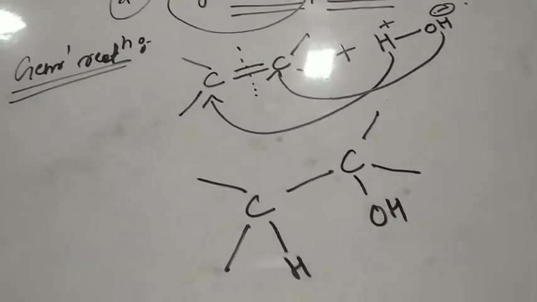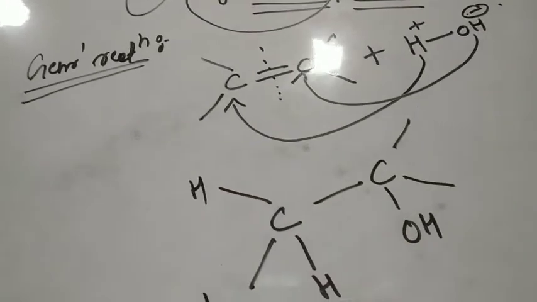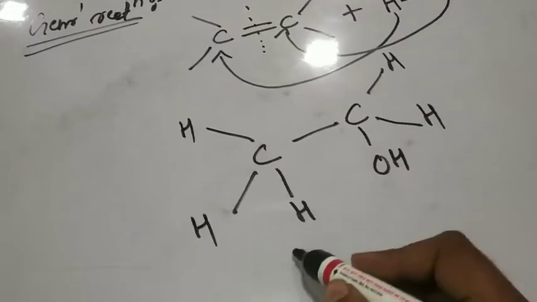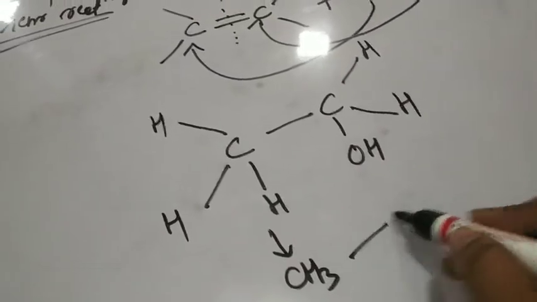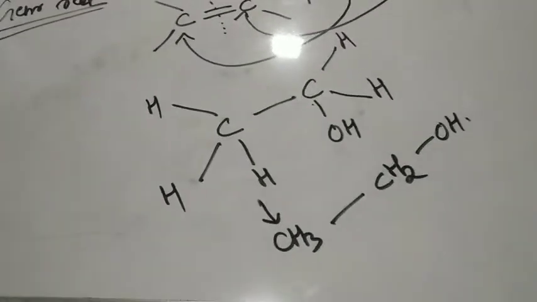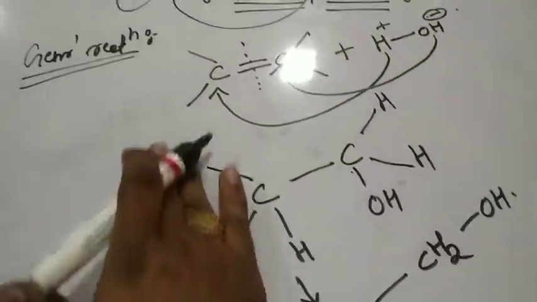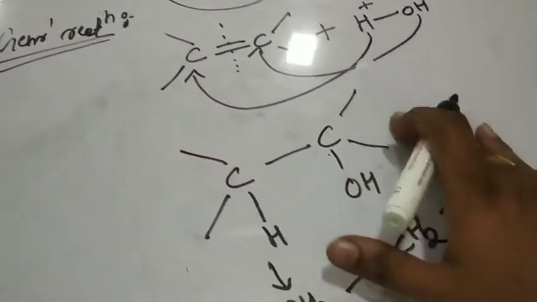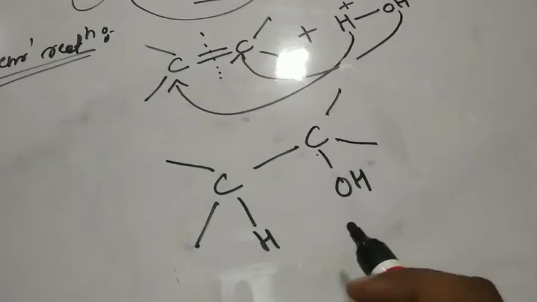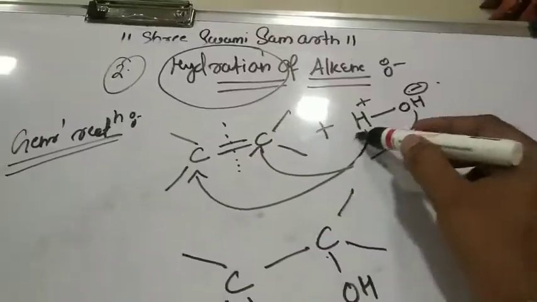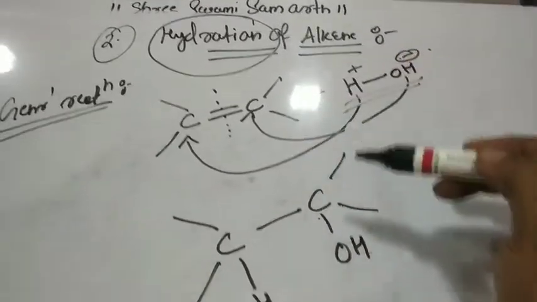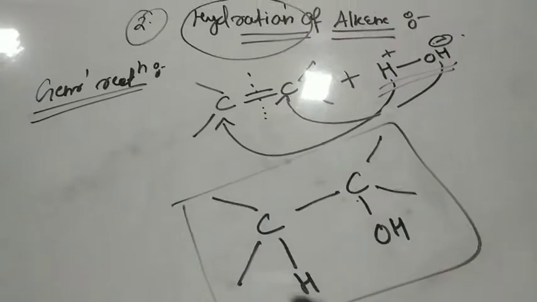The alcohol is formed. अगर यहाँ पे मैंने suppose कर लो H लगा दिया, यहाँ पे H लगा दिया, what kind of alcohol does it become? See, this is CH3 single bond, this is CH2 single bond, OH. देखो ethyl alcohol बन गया, right? But here we have not taken any kind of substituent atoms, right? This is only a general reaction, right? So we are showing that the reaction is possible by addition of a water molecule. When we add a water molecule or we do the hydration of alkene, we get the alcohol, right? So my dear students, this is a